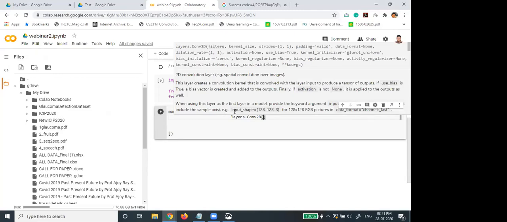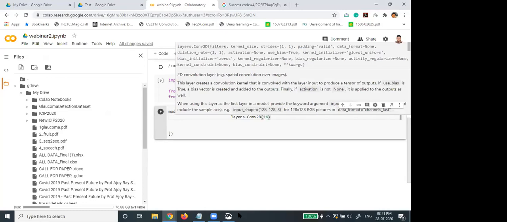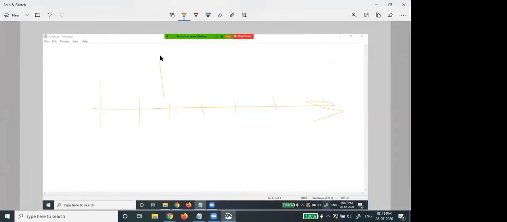I have not discussed the feature map due to shortage of time, but if we have multiple, I have just put one 3x3 kernel, so I have 9 parameters. It may be possible you have multiple stacked kernels. So here 9, 9, 9, 9, so overall learning parameters is 4 into 9, 36.